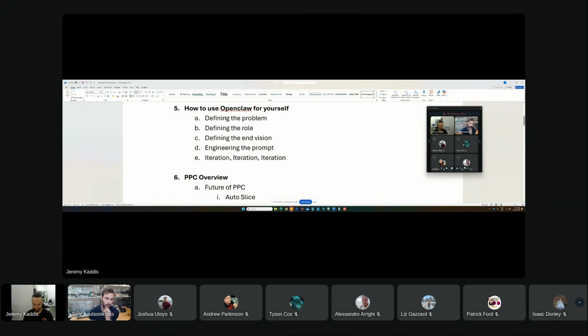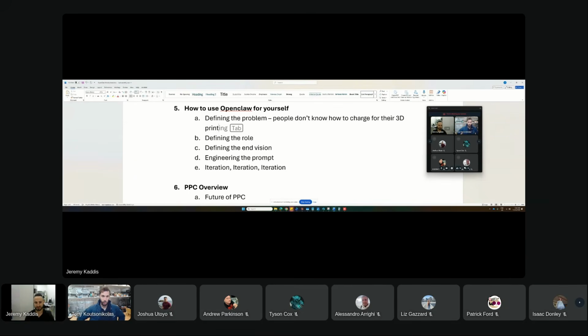So one thing, for example, we'll go over this one example, then I'll show you how we've built on top of it. One problem that we chose to solve was people don't know how to charge for their 3D printed models. Okay, that's the problem.